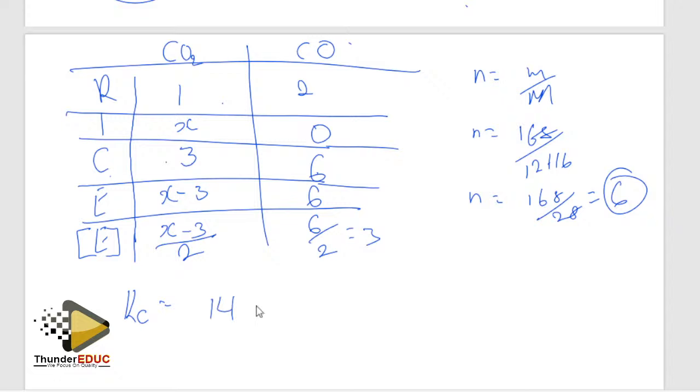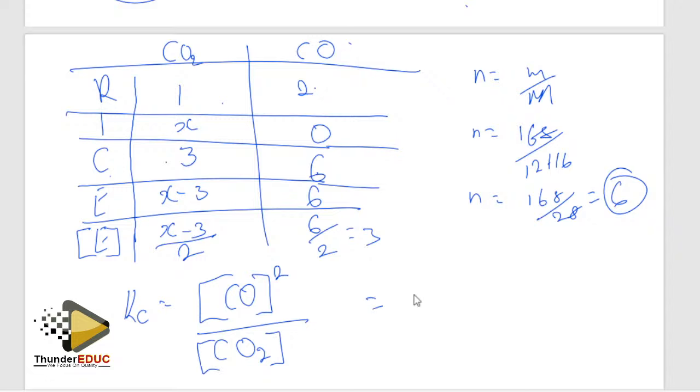Let me first use the expression and then I substitute. Kc is equal to the product, which is carbon monoxide to the exponent of the number of moles, which is 2, divided by carbon dioxide to the exponent of the number of moles, which is 1. Therefore, Kc is 14, which is equal to